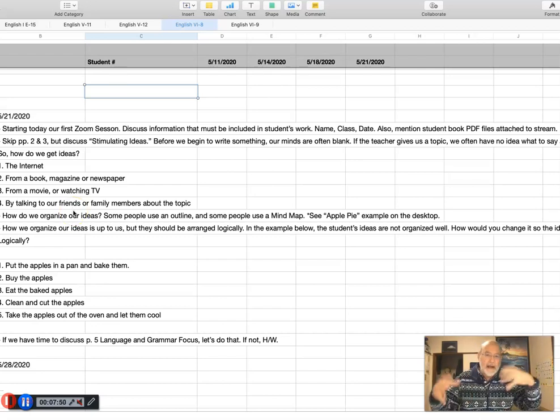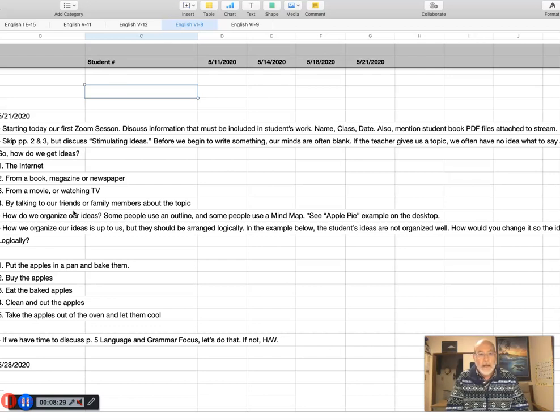So once we have our ideas, how do we organize our ideas? Our ideas are just sort of floating out there. And we can choose to write those down on a piece of paper, organize them the way that we want to. But if you're like Jody, you're a visual learner. And I like to have an image of some kind to help me with organizing my ideas. So I will use what's called a mind map, or I will use an outline to help me organize my